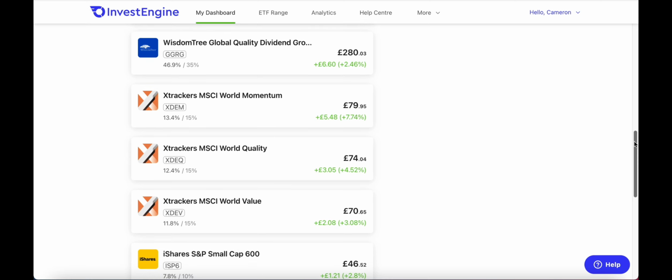These are all factor ETFs in here, which is something that I found out about thanks to someone called Tom's Personal Finance. I learned all about factor ETFs on his channel, so if you haven't checked him out already, please do. Thanks to him, I created this portfolio and have seen really nice returns. I've currently got £550 invested across the whole account,